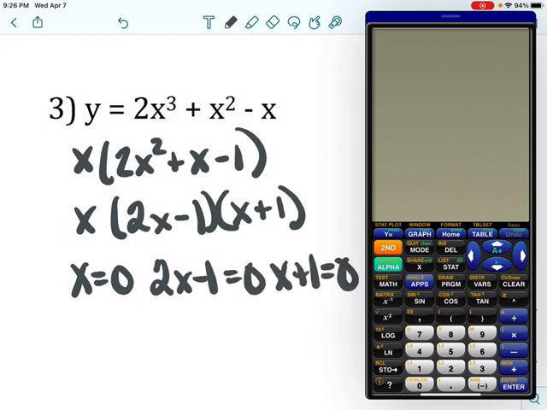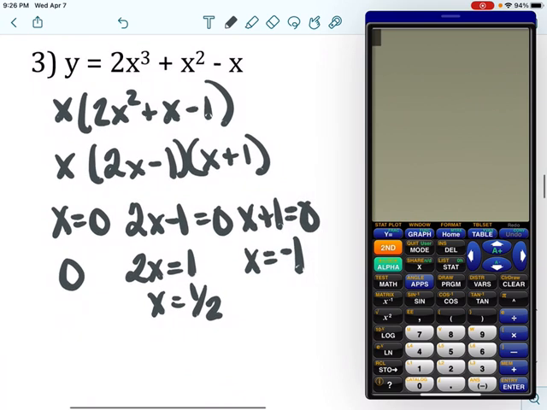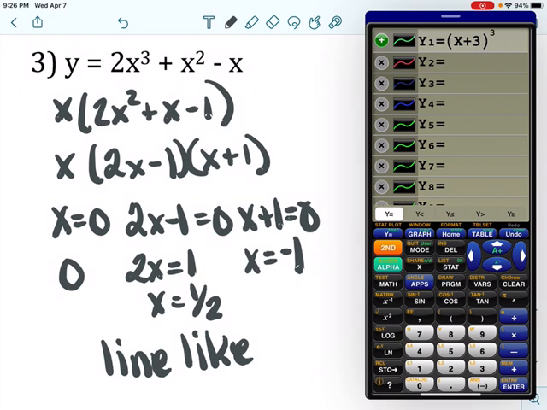So that means 0 and 1/2 and -1 are solutions. They all occur once, so I'm not going to write multiplicity of 1, but they all have line-like behavior at that point. So again, if I put it in my calculator, okay,